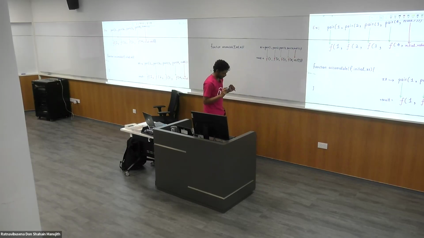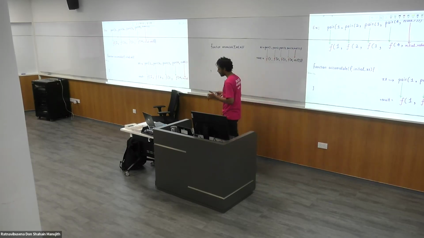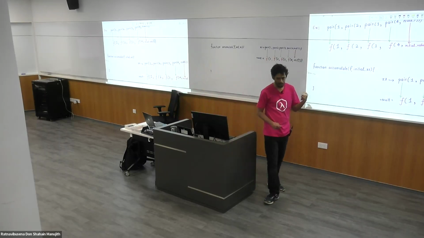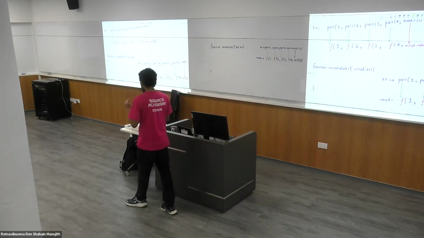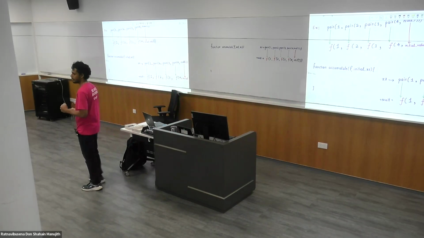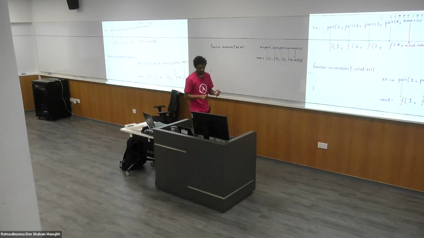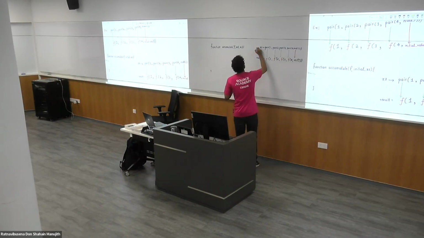So what's the first step that I must do in this recursive visual thinking approach? Can everyone tell me? Reduce the problem size. We want to reduce the problem into a smaller subproblem that we can solve using visual thinking, and then combine the answer to this smaller subproblem to solve the original problem. So let's take a look. We want to call accumulate, so if you call accumulate on xs,